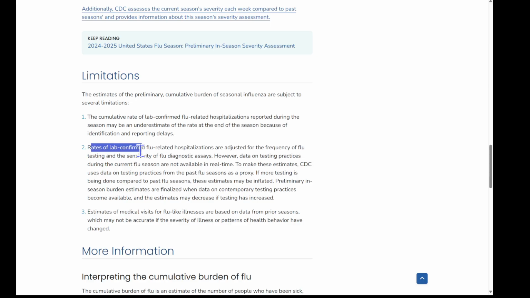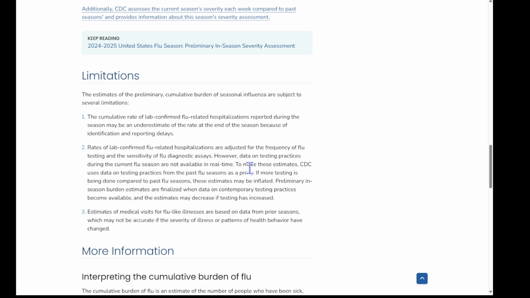Rates of lab-confirmed flu-related hospitalizations are adjusted for the frequency of flu testing as well, and sensitivity of flu diagnostic assays. However, data on testing practices during the current flu season are not available in real time. This is what I basically said. To make these assumptions